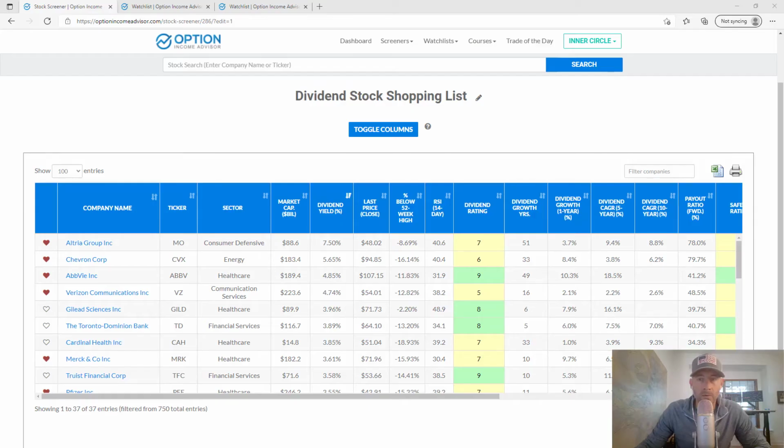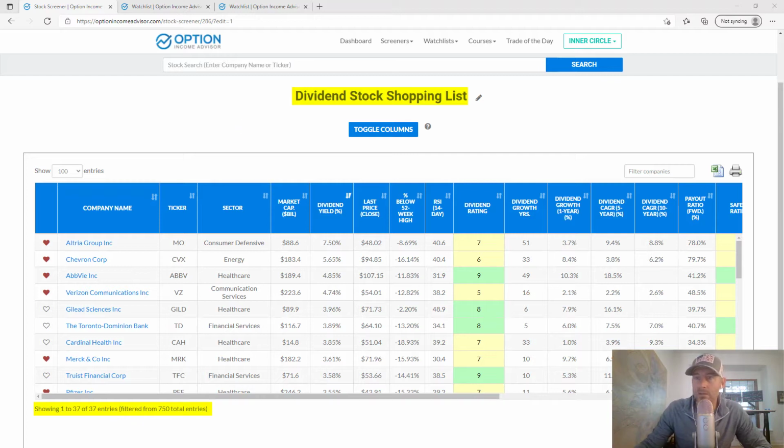I'm going to show you. Let me get a tool here. I've got my highlight tool. Okay, so this is on our Option Income Advisor website. This is a screen that I've created, and I'm going to get into the filter so I can show you what I used. You can see the output here is that it's pulled 37 stocks. I've screened for 37 stocks that have met a certain criteria, and that's what I'm using as the base of my watch list here.